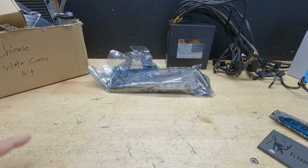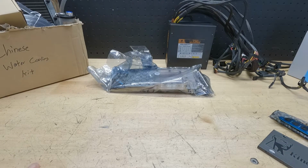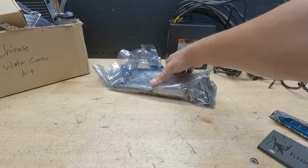Our graphics cards. This is what actually came up pretty cool last minute, and gotta love the eBay sometimes. Browsing around for graphics cards, you know prices are ridiculous. I got this one for 30 bucks, but there's a catch to it, and this is what kind of leads me into my whole build for this computer. So what I have